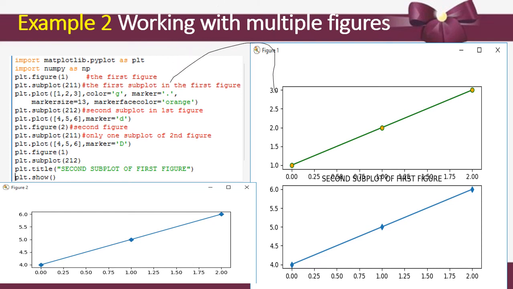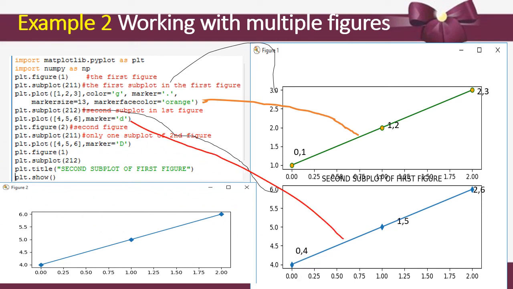So for figure 1, it is 2 rows, one column, and the first subplot, and the line is drawn, and the second subplot is also indicated, and there also a line is drawn. Next we plot figure 2, with 2 rows, one column and one subplot.